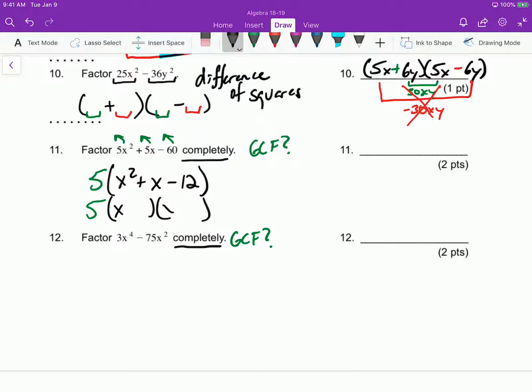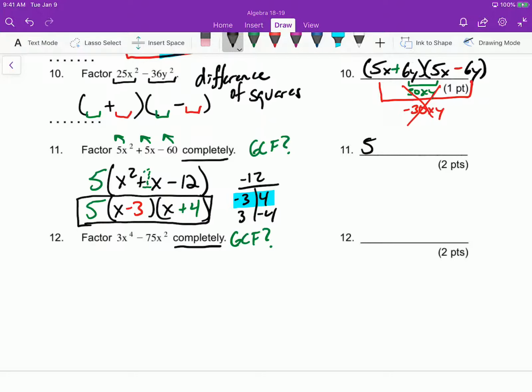classic trinomial that I can reverse FOIL, because there are things that multiply to be 12. And which ones would be one away from each other? Ooh, I can kind of already guess. It's either going to be -3 and +4 or +3 and -4. Well, notice it's a positive 1 right here. So we would need the 4 to win out and be positive versus the -3. So there's my reverse FOIL there. So put it all together, and this huge thing is just one answer with the 5 out front. So it would be 5 times x minus 3 times x plus